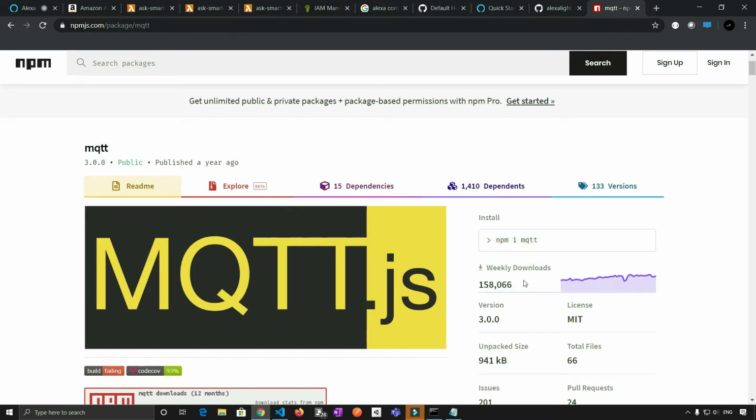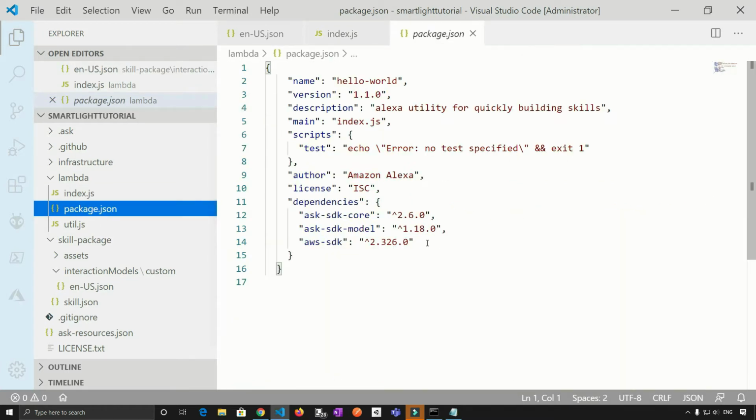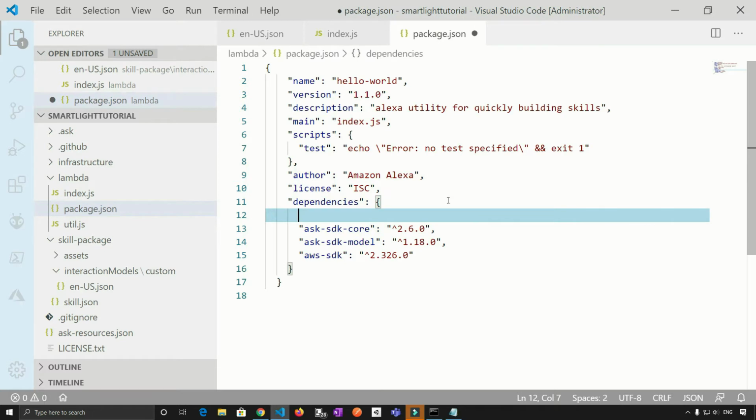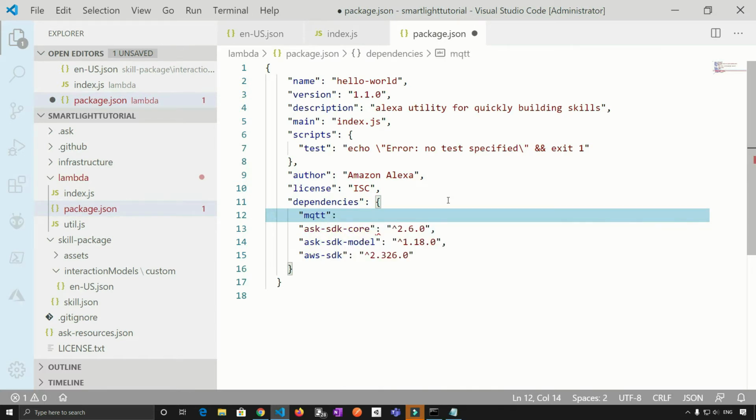So instead of going like this, I'm going to open the package.json, which is right here under the Lambda, and right here, just under the dependencies, I'm going to add MQTT colon, and our version is 3.0.4, followed by a comma, save it.